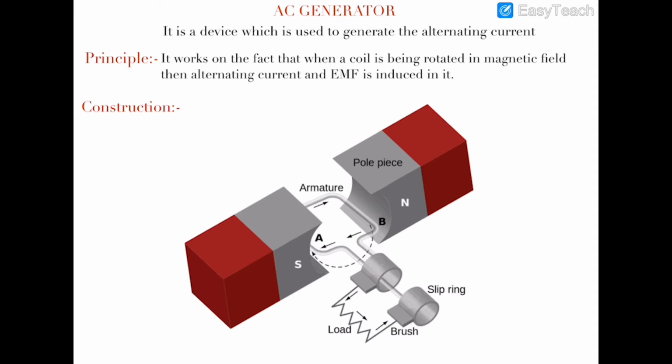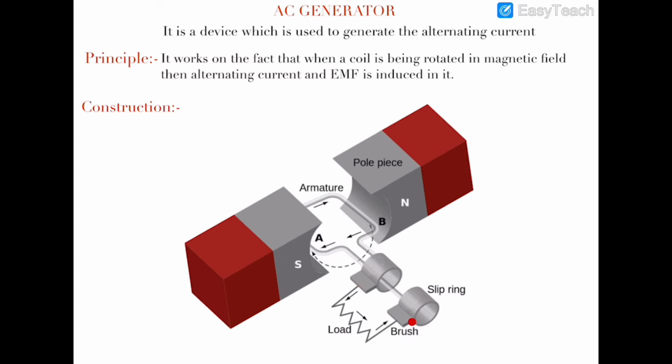Now in board exams, if you are drawing the well-labeled diagram, then you need not write the construction. So in this case, I am not writing the construction, and you can see in the diagram that there are two huge magnetic poles which are being kept, and there is an armature coil. This coil is known as the armature, and it is being rotated by some external force along this axis. One of its arms is being connected to this ring, and the other arm is going through that ring without touching it, and it is connected to this one.